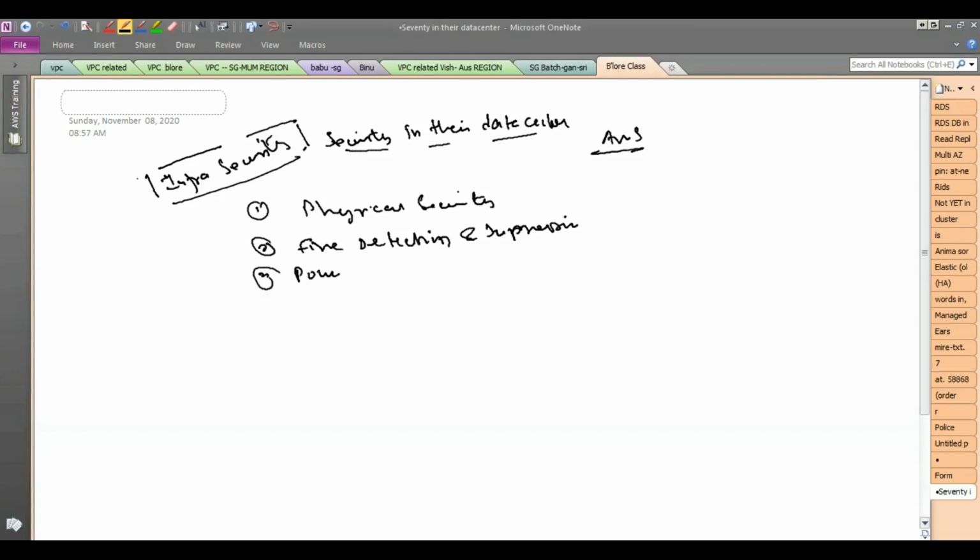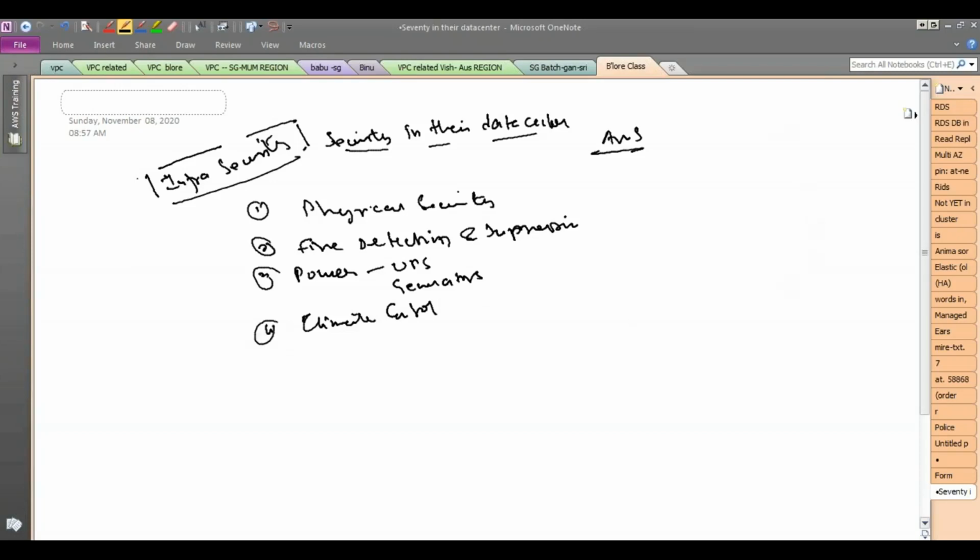Power backup, UPS, generators, all of these they take care of. They have their own maintenance teams. Air conditioning, or climate control as they call it, to maintain the appropriate temperature for the servers. They have their own electrical maintenance teams.